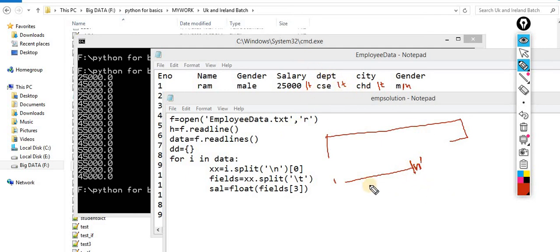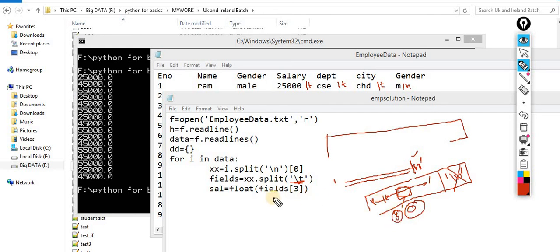Now my entire data is this one. I don't need this, so first I have to remove it. For removing it, I am splitting this data on the basis of this \n. When I split it, I will get a list. Inside the list, the zero index would be the complete data, and here the \n, which I don't need. I pick only the index of 0. After that, I know this data is tab separated. I split on tab and pick out the index of 3, because index 3 is required for me.